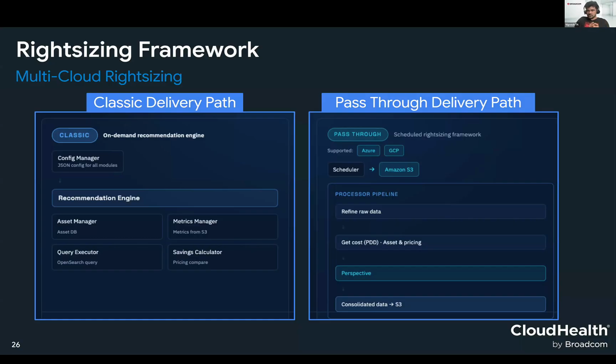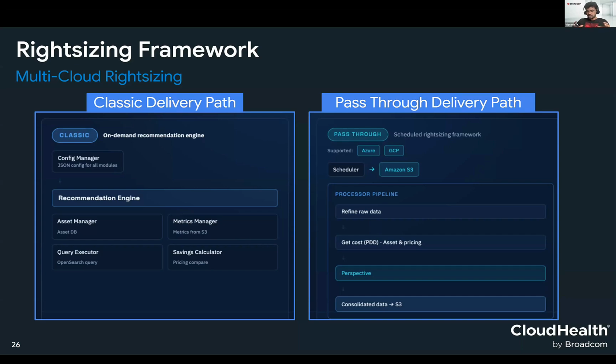So once we collect them, we run our transformation engine and collect the asset information, to see what the actual savings we could get. We could calculate them, as well as one of the key things in CloudHealth, which is the perspective support.